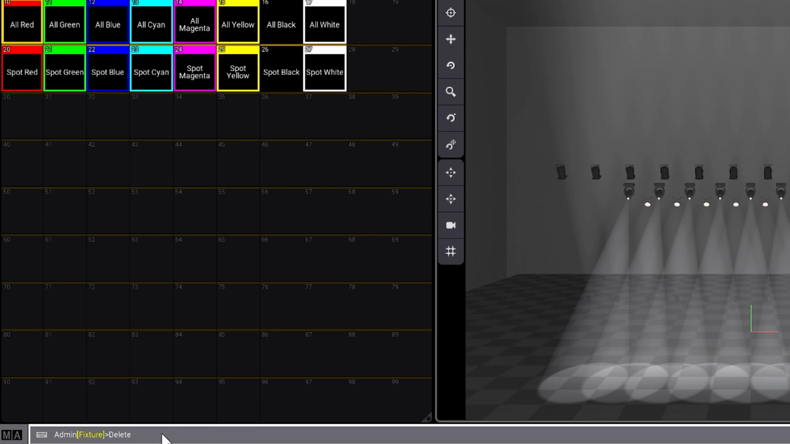delete sequence 22 through 27. This is my sequence spot blue through spot white. Q1